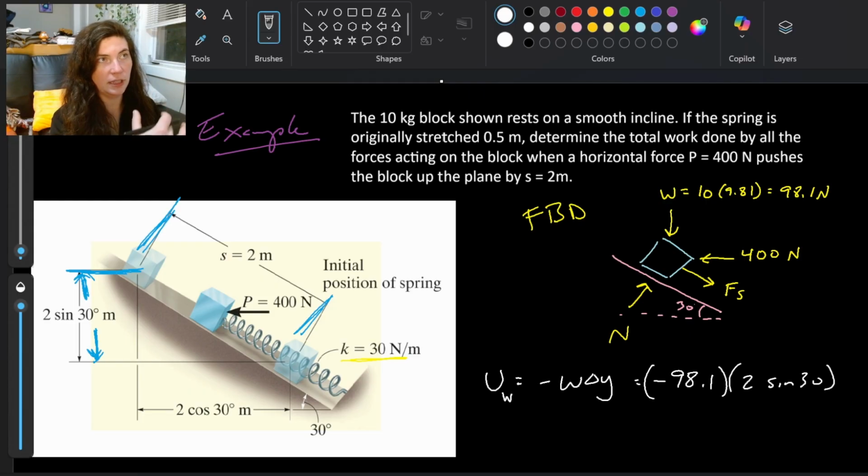So in the direction of movement, since we are moving up along that 30-degree incline, you can think about it as the Y component. You can also think about it, if it's a little easier, this way: we're moving this way, this is our direction of S. If we rotated our axes so that one axis is in the direction of movement and the other axis is essentially in the normal direction,